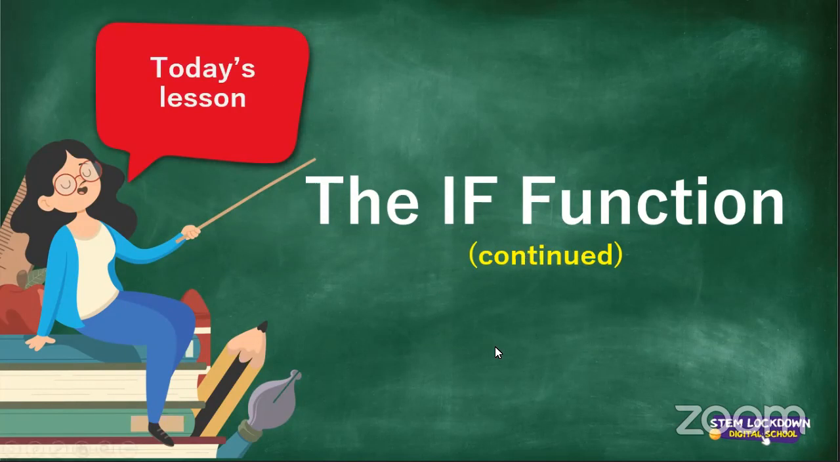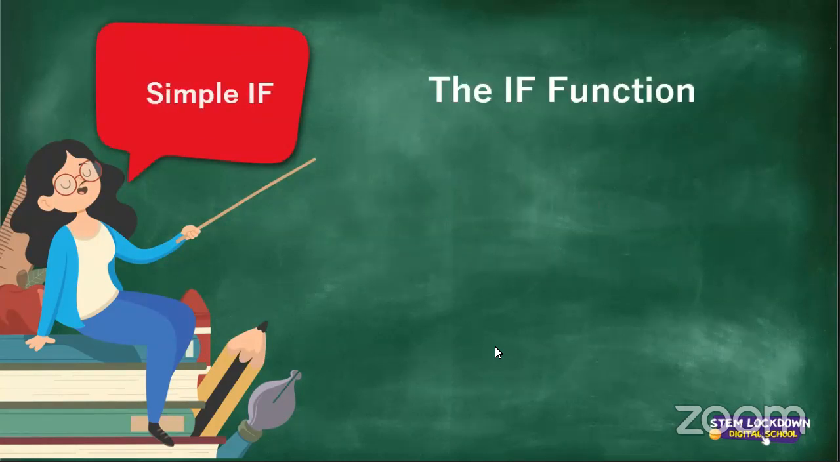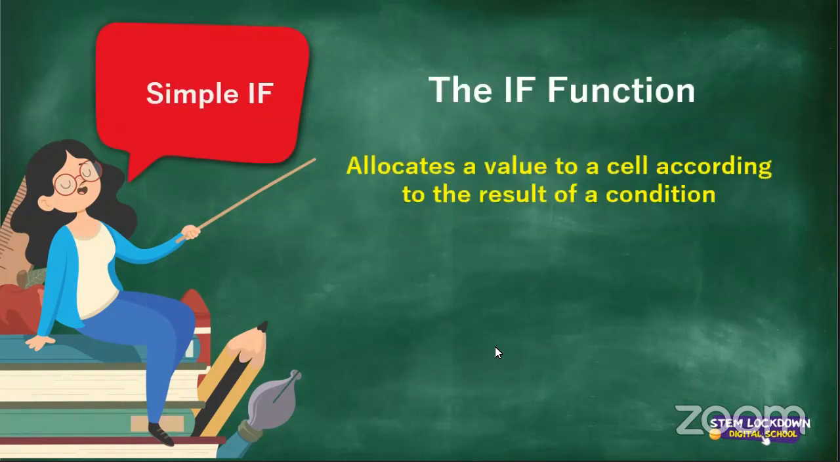All right, so in today's lesson, we'll start off with trying to understand what we started yesterday. Then we'll move to what is known as relational operators, as well as different output values. Okay, so like I promised yesterday, we are going to go further with the if function, but let's recap from yesterday. All right, so we say the if function allocates a value to a cell according to the result of